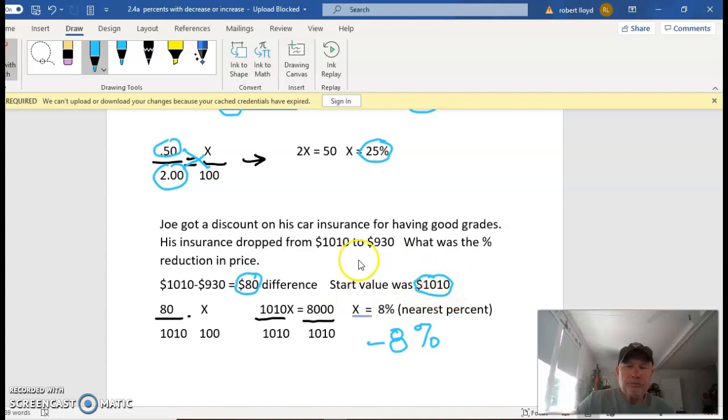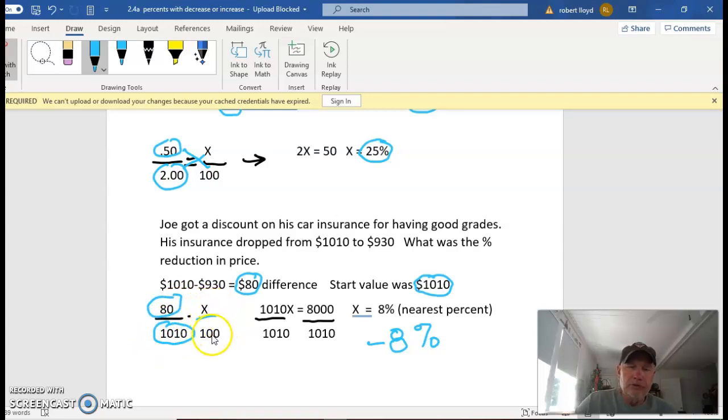So the difference we said was 80. That's divided by the starting value. Make sure you have the 1,010 and not the 930. Remember, it went down, so it started at the higher number. So the difference dividing by the starting point